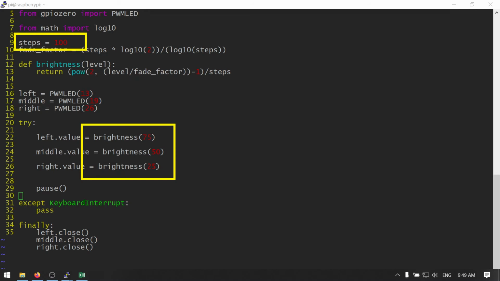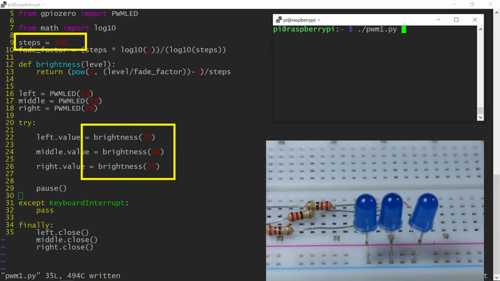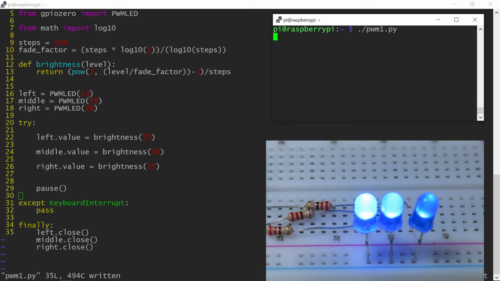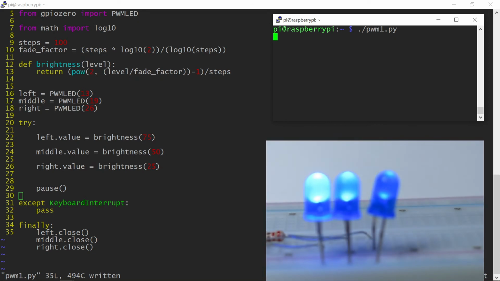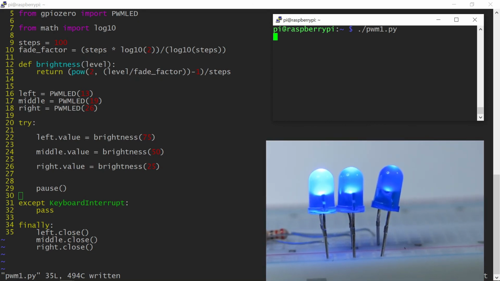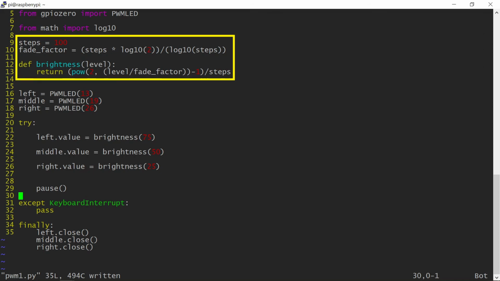Here's the idea. With the number of steps set to 100, the numbers used with value are essentially brightness in percent. I think this is way better than what it was initially. You can actually tell the difference in brightness from the left 75% versus 50 in the middle and 25 on the right. This approach will work in many applications, but be cautious when using it with loops, as there is